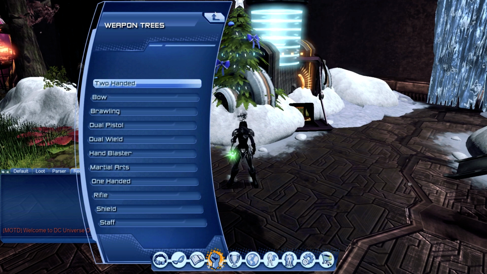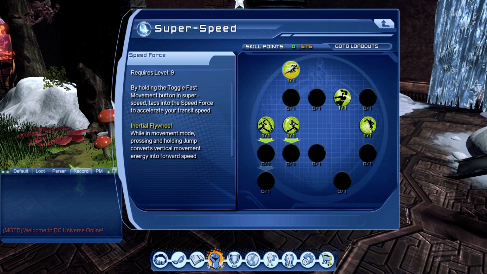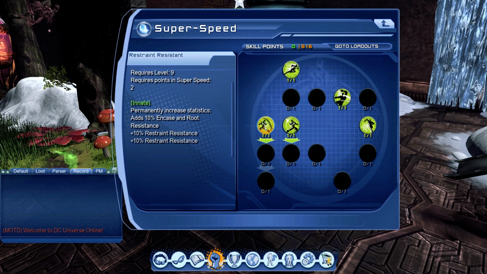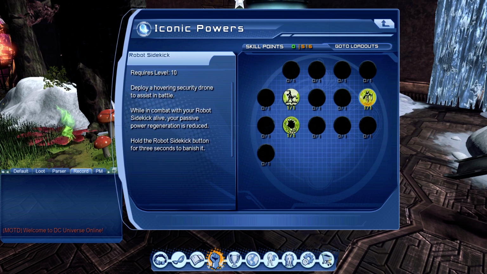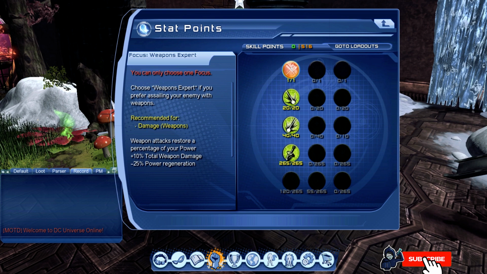Then, when you put your skill points on the two-handed, it's time to move to the super speed. Of course, the speed force, just unlock one random. The face dodge for people who are playing the super speed. Knockback resistant and restrain resistant as well. Iconic power as Sonic Cry, Neo Venom Boost, and Robot Sidekick, followed with the stats points of Focused Weapon Expert,